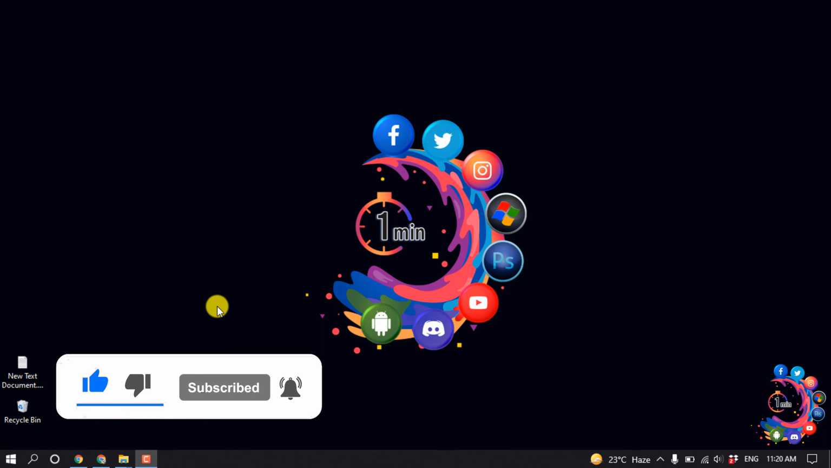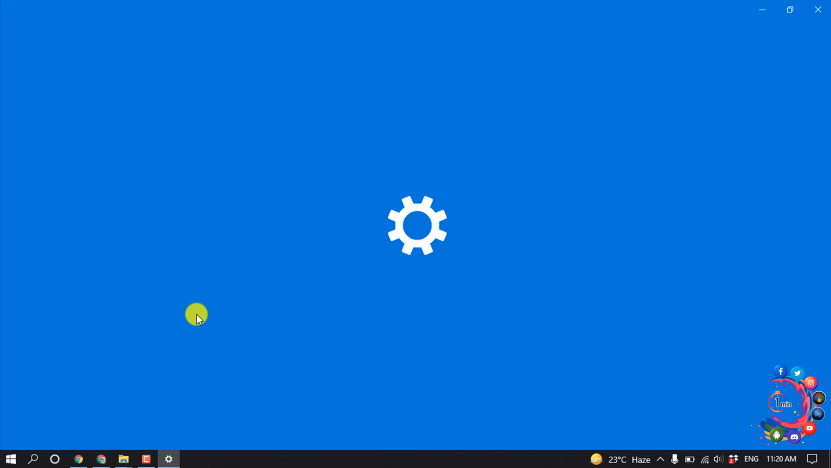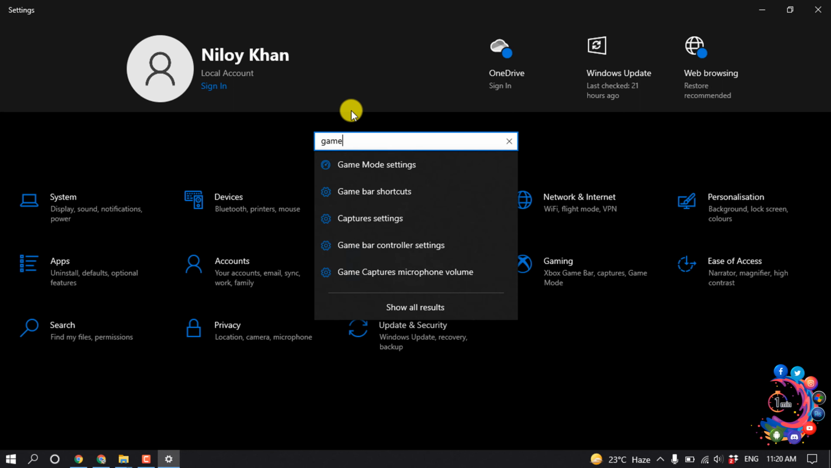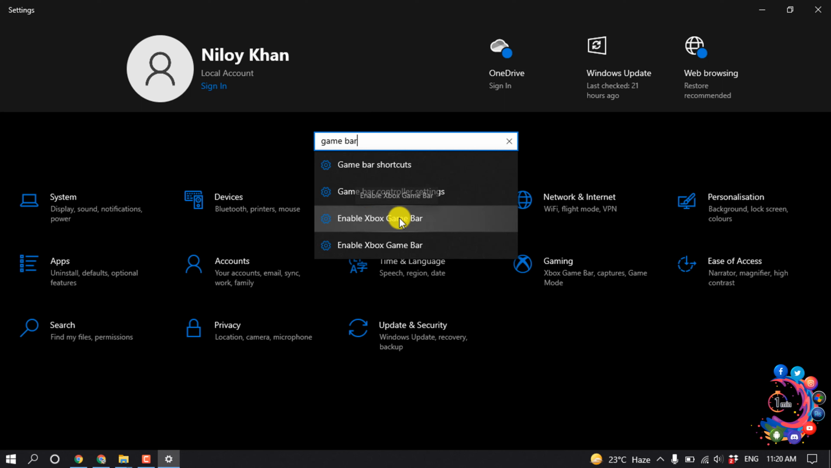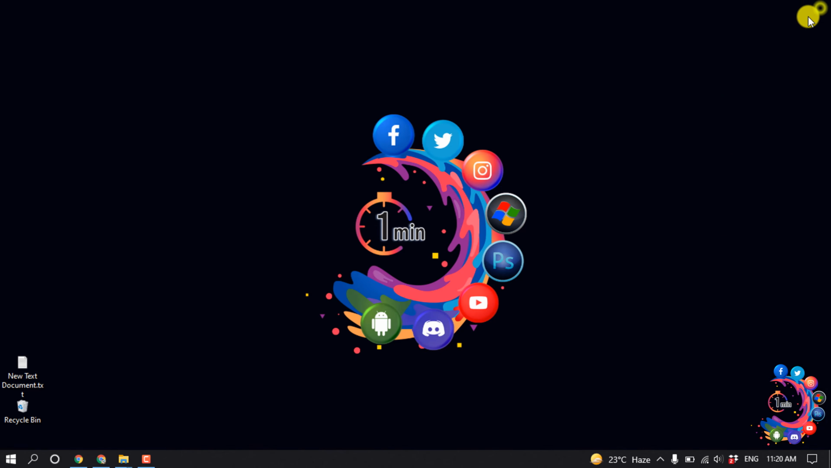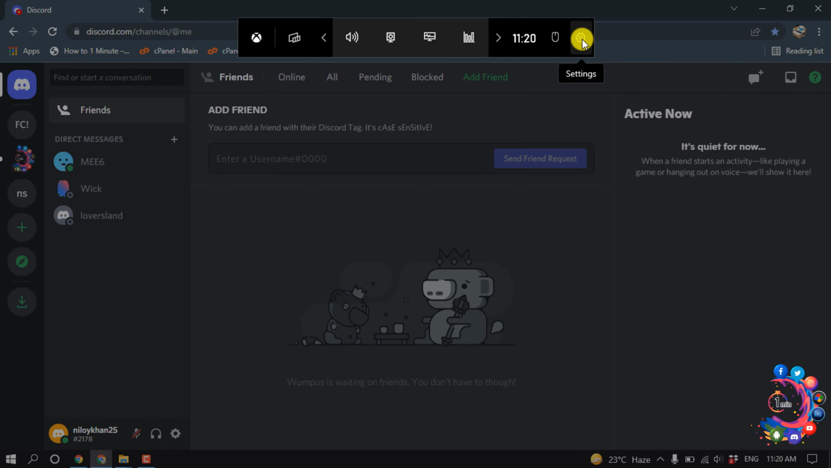So first of all, open your settings and inside of the search box search here Gamer, and open and enable Xbox Game Bar, and from here make sure to turn on this option. And after that open your Discord and now press Windows key and G at the same time, and now click